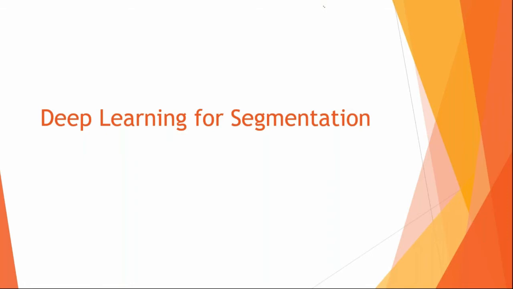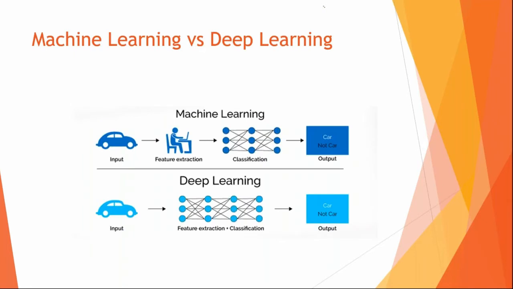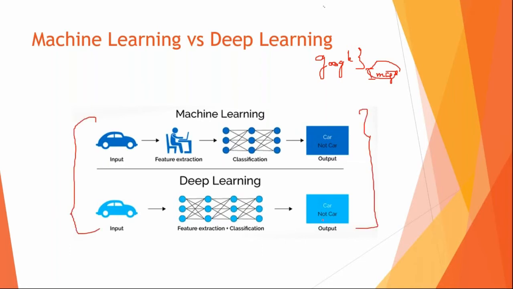Okay. So everybody must have heard the word deep learning, or at least the word CNN. CNN stands for convolutional neural network. Now the question is, what is the difference between machine learning and deep learning? If you just Google this and click on images, you will find a very beautiful, interesting image. I don't know how many of you have seen it. This one clearly explains what deep learning is and what machine learning is.